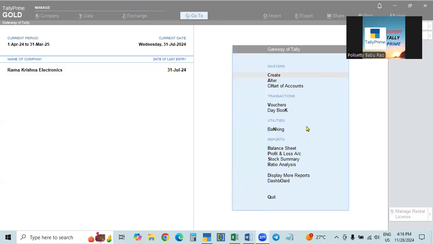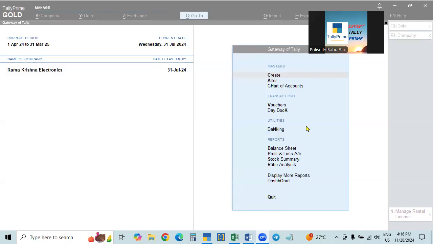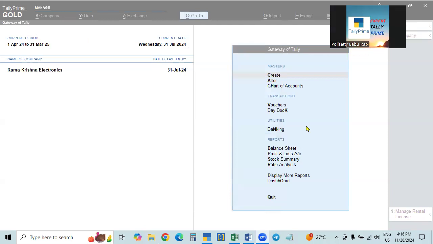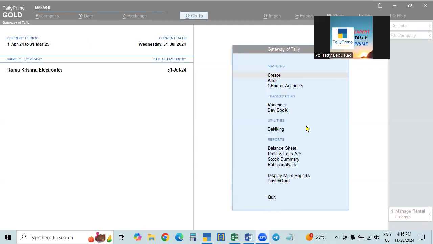So then in such a case, our memory will be used. In such a case, there is another program in this also. When you automatically backup, the old backup will be deleted and the new backup will replace the old backup. In automatic backup also, that option is there. That is going to be installed, but still it is not available. If they build the TDL file by default automatically,